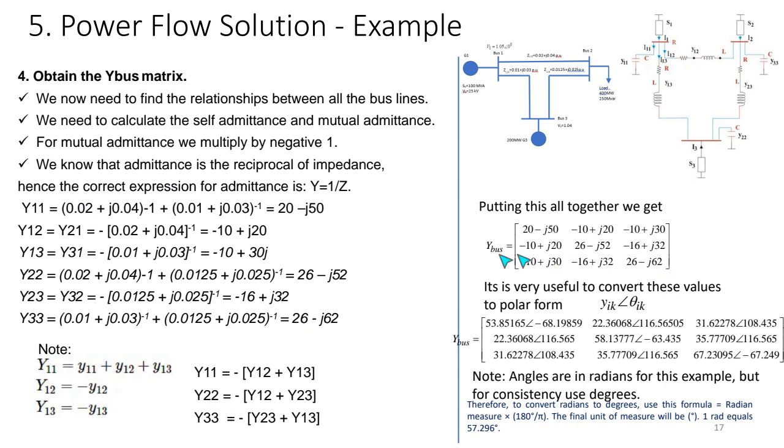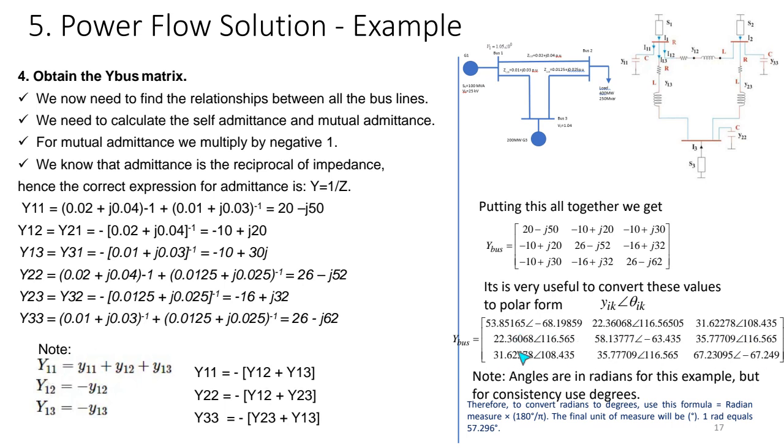And on your right-hand side, I have given the Y-bus matrix, which we calculated in the steps in the first section of this slide. This value is given in rectangular form. But remember, when you apply the Newton-Raphson method, we have to use the polar form. So we convert this rectangular form into polar form,